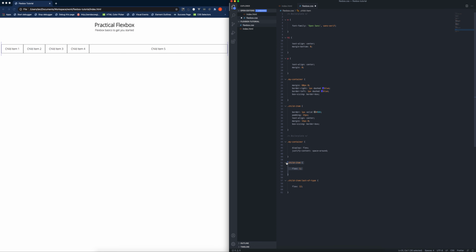So that would be 4 items with 1 column each and 1 item with 12. So the total would be 16. So it knows to use a 16th of the width for each of these and a 12th of the width for the last one there. And then you could obviously do